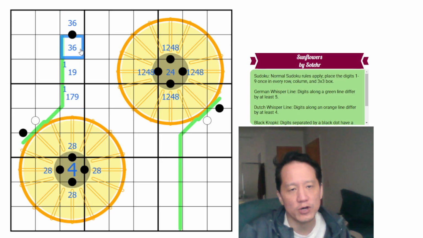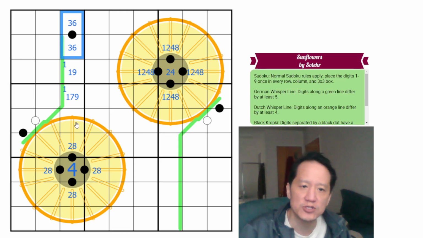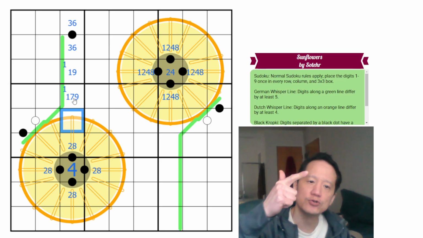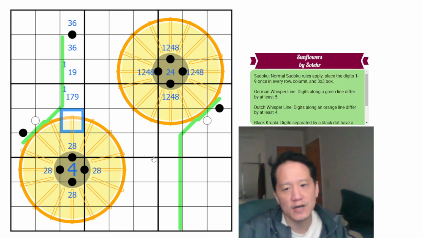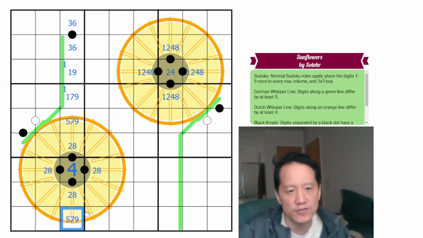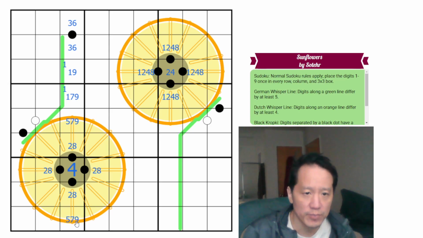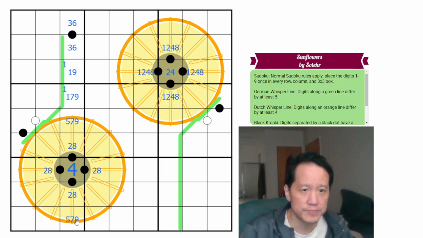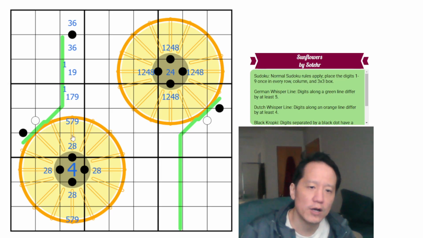And we can't have a 1 and we can't have a 3 or 6 because of the 3, 6 pair in the column. So we can't have 1, 2, 3, 4, 6, or 8. The rest have to be specifically 5, 7, or 9. So this is 5, 7, or 9, and this is 5, 7, or 9. Well, interestingly enough,